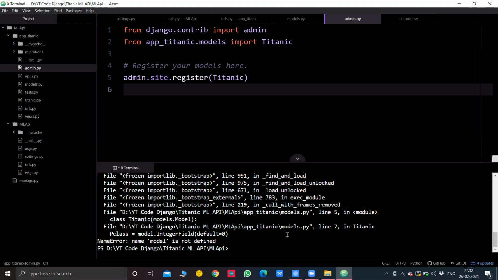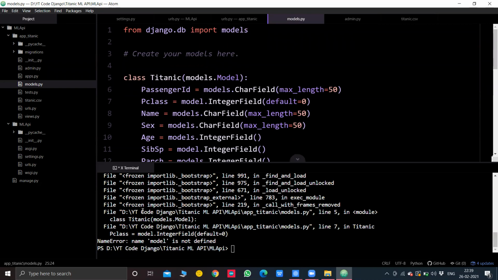Okay, so what is the error? It says model not defined. Where? In line 7 of models.py. We'll check this out. Okay, so we'll go to models.py, and it says line number 7, right?